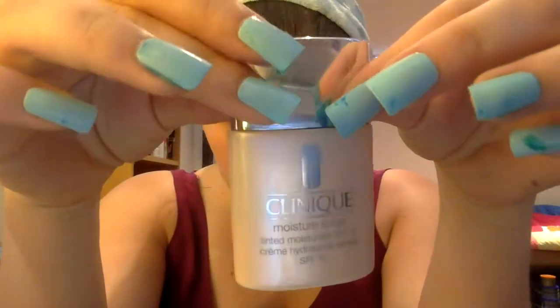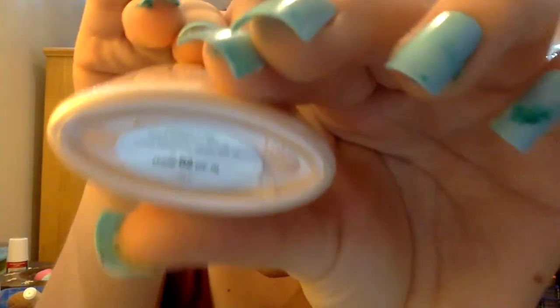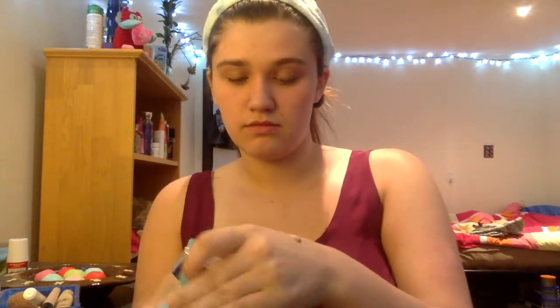Alright, for today I'm going to be using my Clinique Moisture Surge, and I am in the shade 02. So I'm just going to put a little bit of this on my hand. Probably gonna need more than this, but I just put some on my hand. Oops. And now I'm going to take, this is gonna sound really weird, my e.l.f. blush brush,